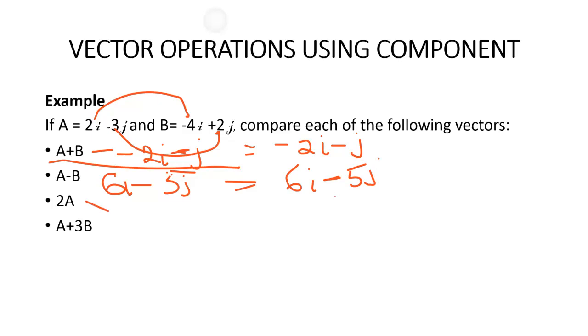Then for this one, it's just the multiplication of this factor. 2 times A will be 4i minus 6j. Now the next one is this. We have this A as 2i